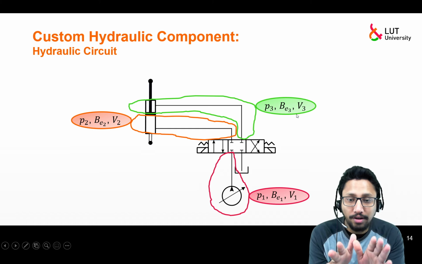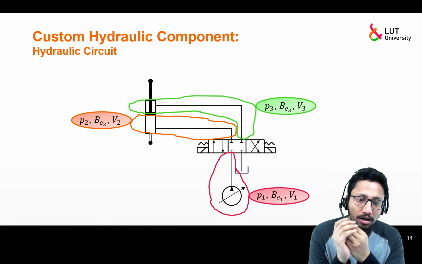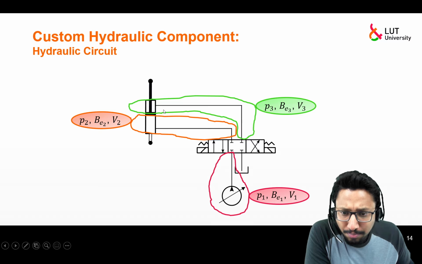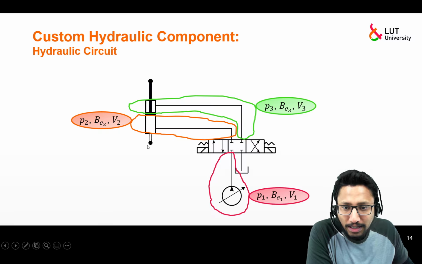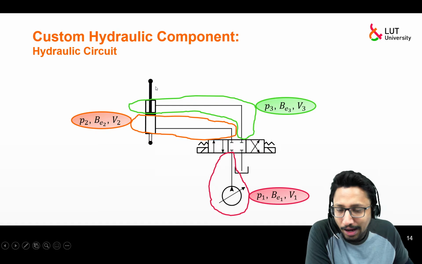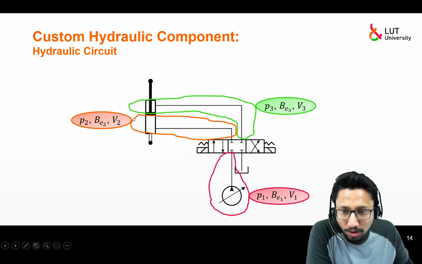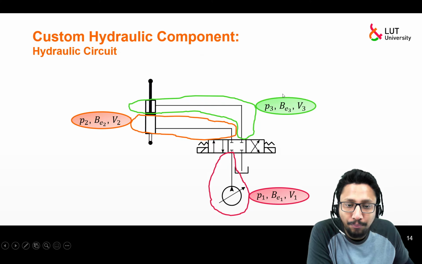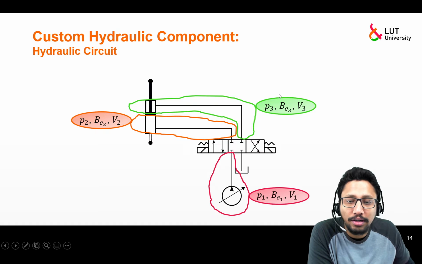So now if you have understood this part carefully, we will move on to modeling the hydraulic component. Why is this part important? Because when you are modeling the hydraulic actuator, you will actually be modeling these two hoses as well. Basically you will model section 2 and section 3. So that's why this understanding was needed.